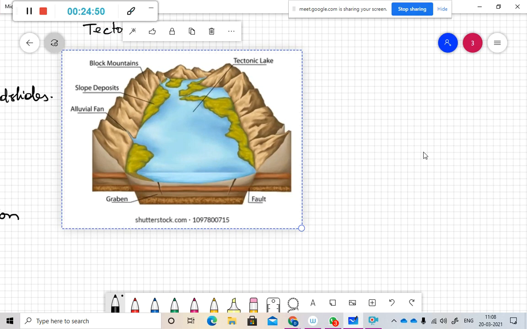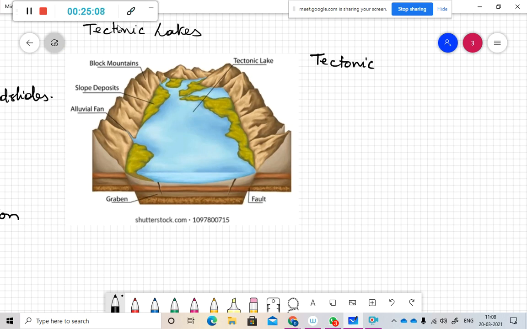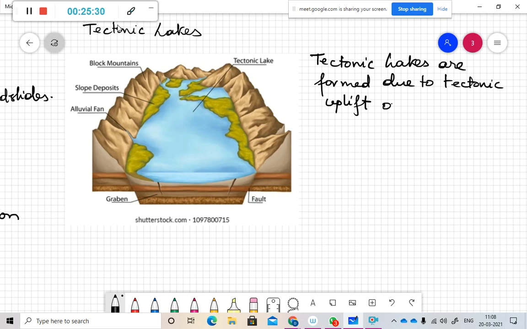So this is a tectonic lake. Tectonic lakes are formed due to tectonic uplift of a mountain range. So essentially what happened was, it was a